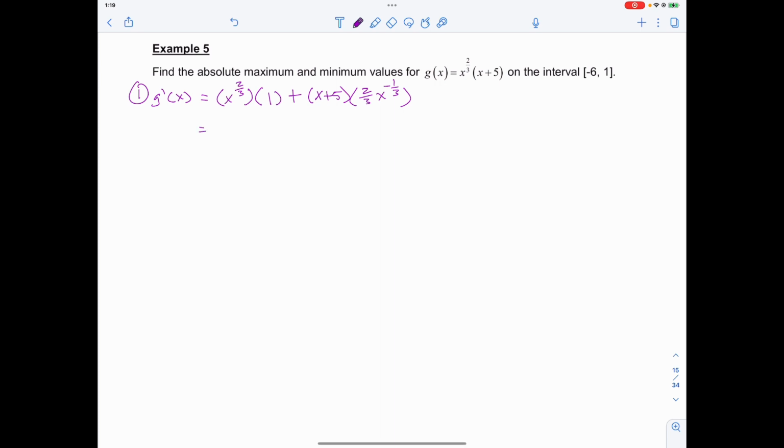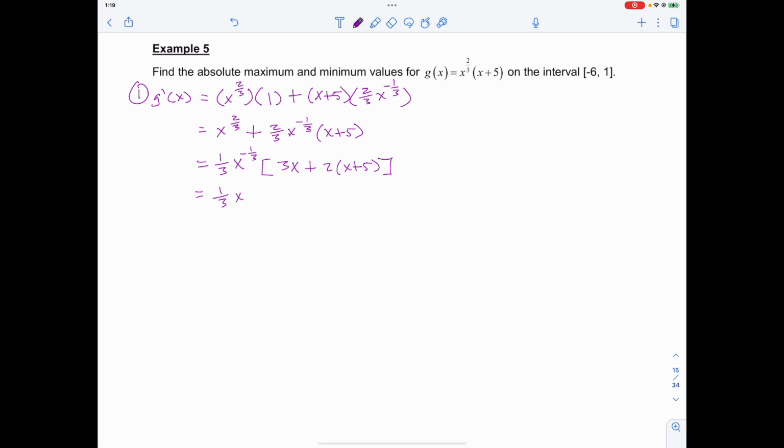This is going to give me x to the 2 over 3 plus 2 over 3x to the -1/3 times x plus 5. I'm going to factor out that 1/3. I'm going to factor out the negative exponent, x to the -1/3. And when I do that, I'm going to be left with 3x and 2 x plus 5s, or